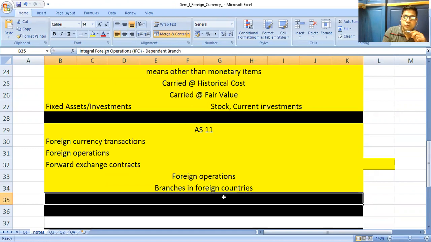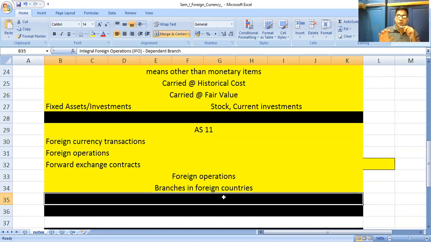Now, suppose Tata company is a big company in our country. They have around 72 companies and branches in different countries. Some branches are in European countries, African countries, then American countries also. So the branches of the Tata company are spread all over the world.